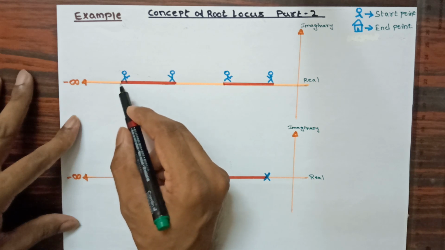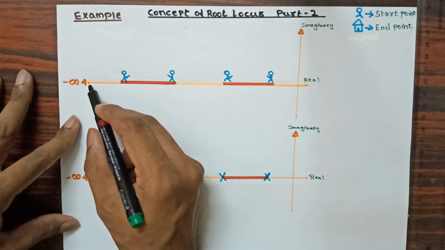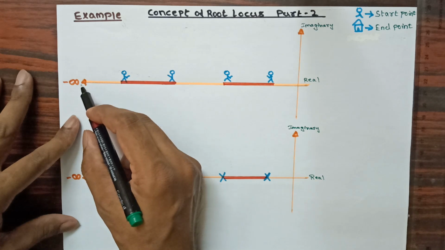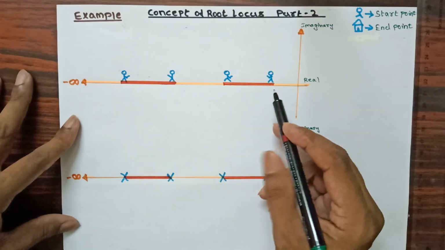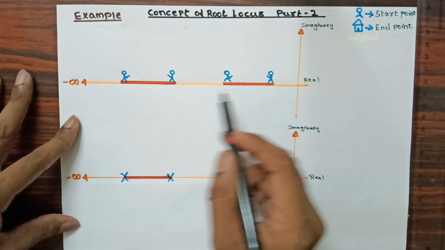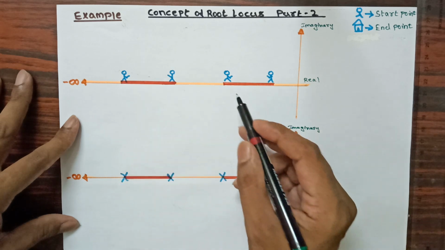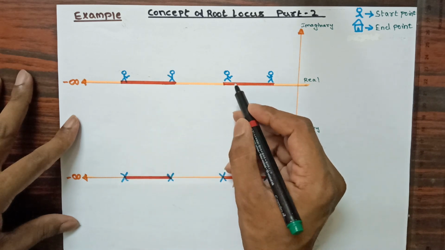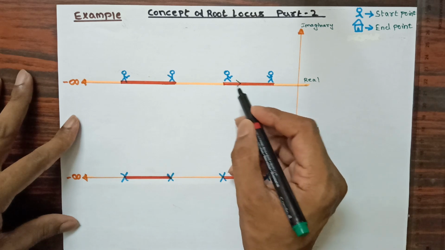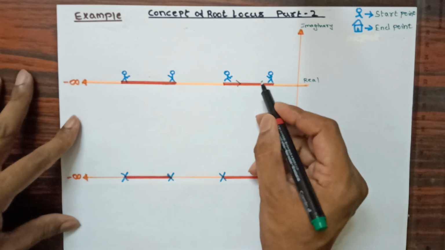You can see here from this point to infinity there is no person or hut to consider. Therefore, from this point to infinity we are considering no path. So in this way we have considered the path for an odd count, from this point to this point for these 2 persons. Now when I apply this, the persons will move in this direction, as we know that they should move only along the path. This person starts to move in this direction and this person will start to move in this direction.